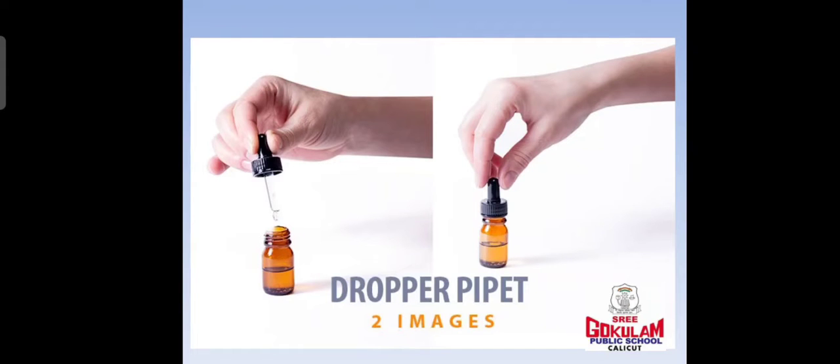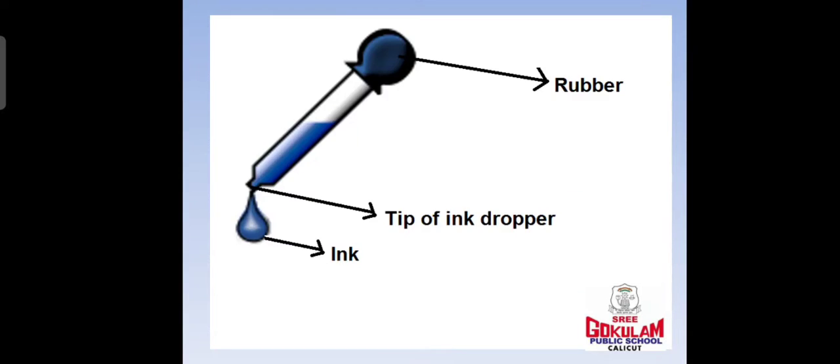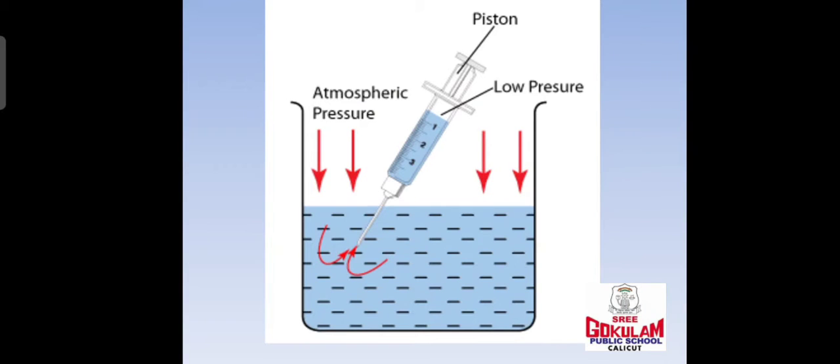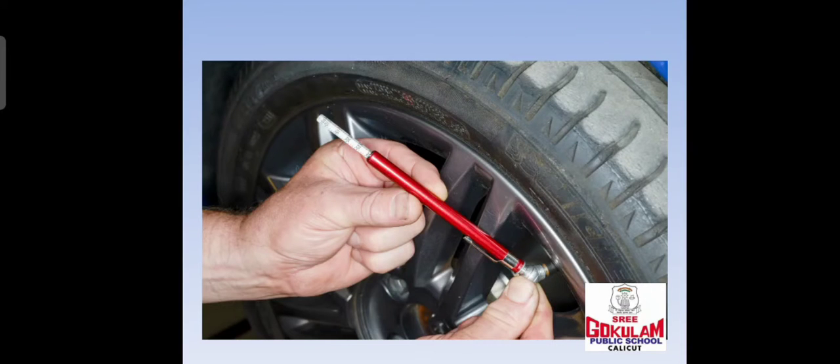A medicine dropper, then a syringe. These all are working in the same way. When you pump air into the tire of your bicycle, it gets harder because of the increased air pressure. And from all these activities, we can understand that air exerts pressure. So now we can learn the next property of air, that is